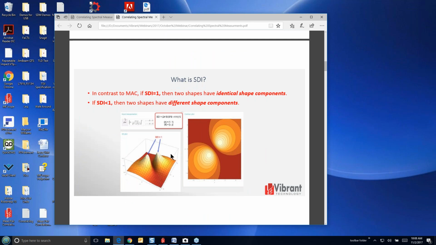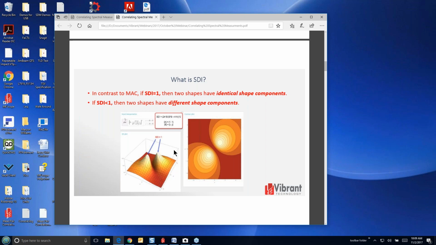Okay, let's look at SDI. What does it look like? Slightly different formula, the same two vectors, A and B. A has got components of 1 and 1, and B has got X and Y, variable components. So we plot this function up, and you can see that for SDI, there's only 2 places where SDI will be equal to 1. Everywhere else it's going to be less than 1. So it's got the same properties as MAC. Its values go between 0 and 1. So some people like to call it a correlation coefficient.